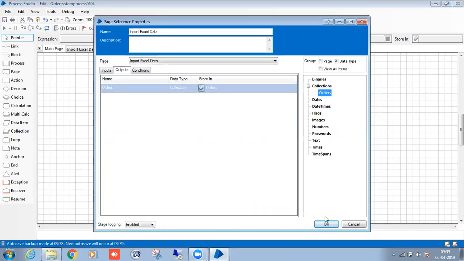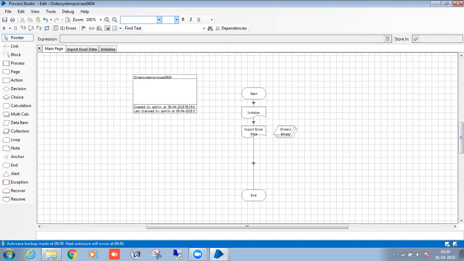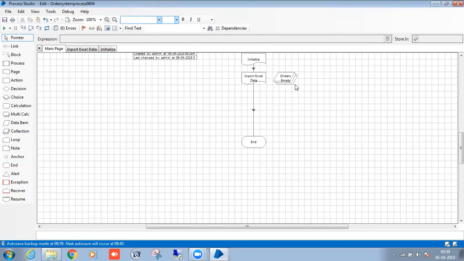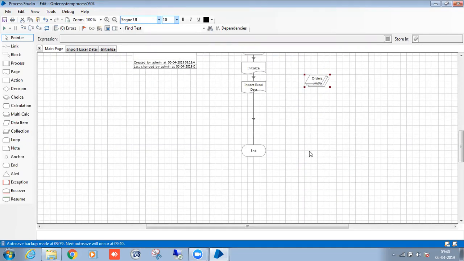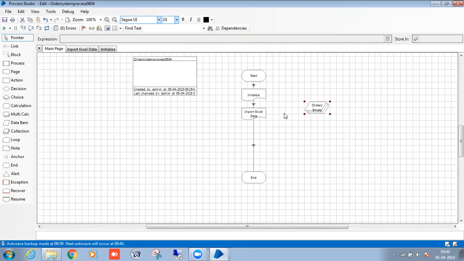Done. So up to now it will check the credentials and check whether the Excel path exists or not. After that, it will take the data from the Excel and keep it in the main page. These are the actions we have performed so far. So I will just run it and check how it works.